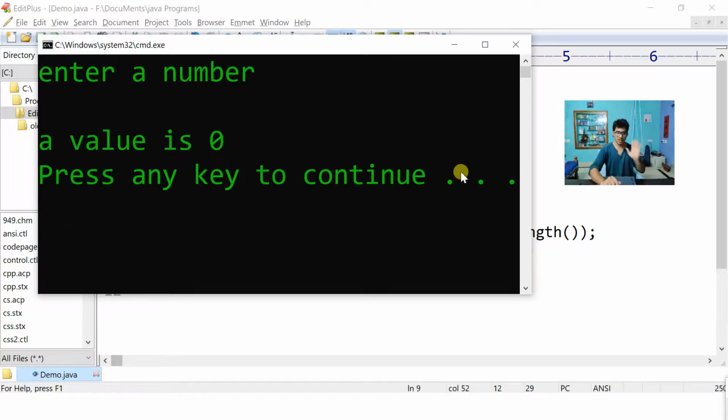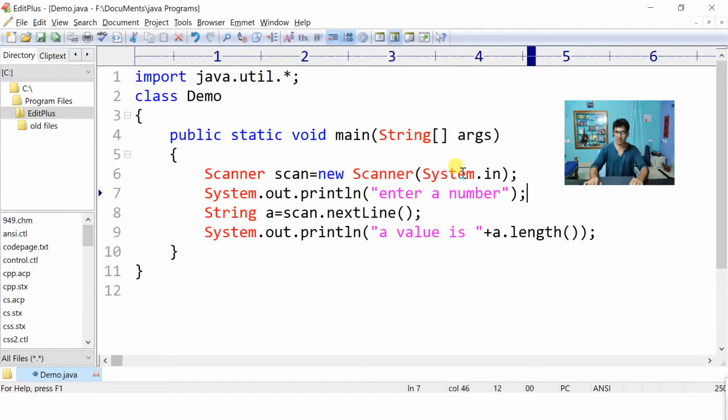Yes. Now let's try to combine. Let's try to combine. What will happen when I try to print the name and the age? Let's say name is plus name, and here the string should be name, but yesterday I told you before the name we should take one age.